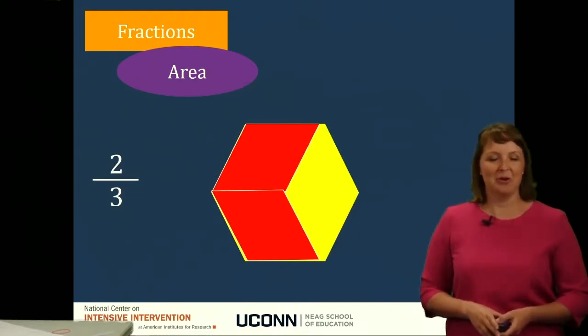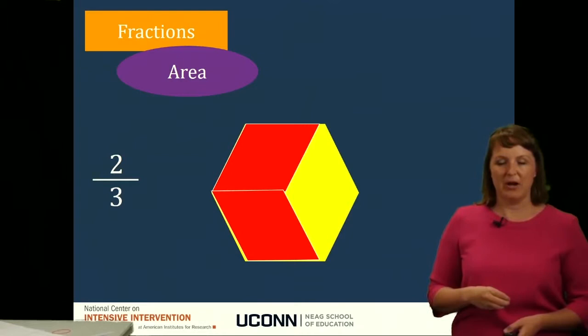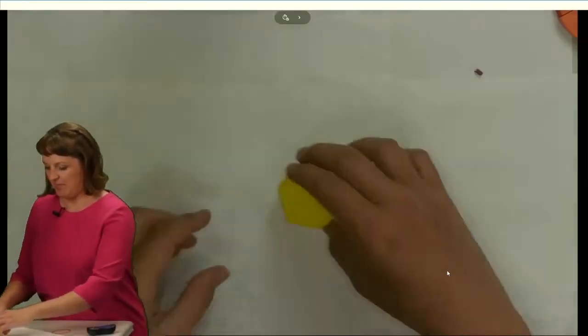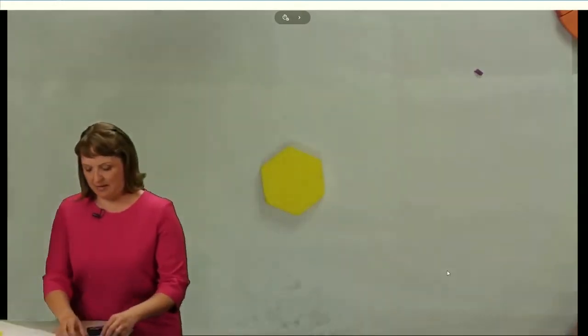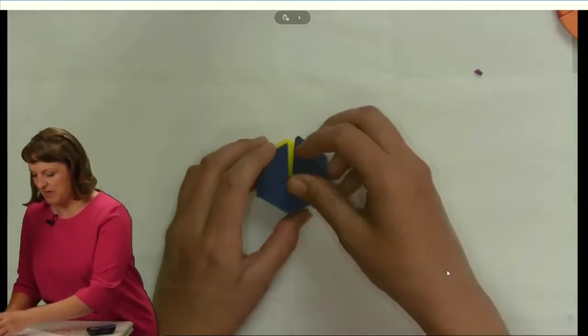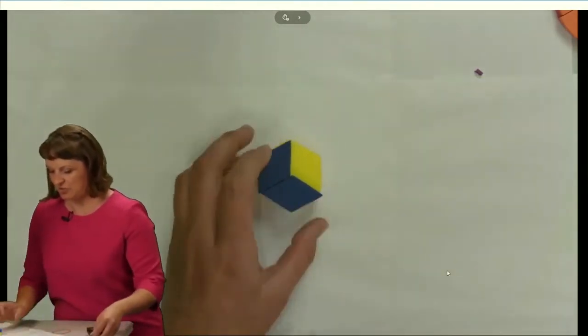And whoops, I'm going too fast there today. And then I can show 2 of those 3 parts. Now if I wanted to show that with manipulatives here, I've got my pattern block, and I'm going to break that into 1, 2, 3 equal parts. So this time my area is a hexagon, and I'm going to show 2 of those 3